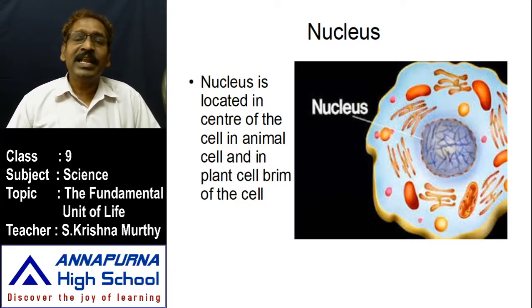Inside, some jelly-like material will also be there. That jelly-like material is known as nucleoplasm. What is that? Nucleoplasm. Where is the nucleoplasm? Not in the cytoplasm. Nucleoplasm is present inside the nucleus only. So this nucleoplasm is enclosed with the nuclear envelope. What is protecting the nucleoplasm? The nuclear envelope is protecting the nucleoplasm. And the cytoplasm and the inner parts of the nucleus are separated by the nuclear envelope. So the nuclear envelope is a double layered membrane.